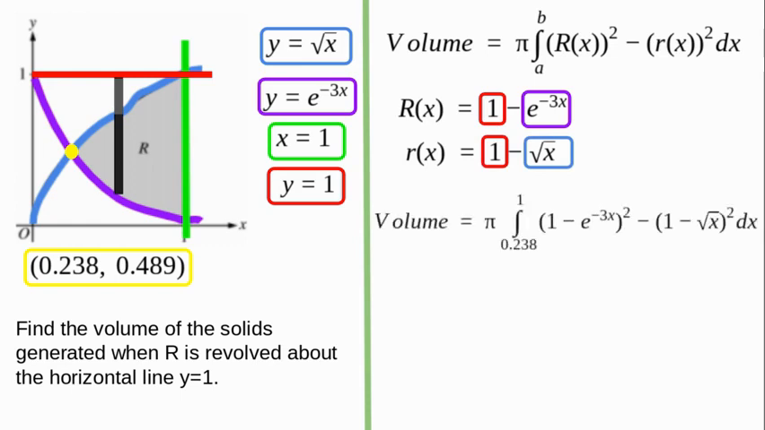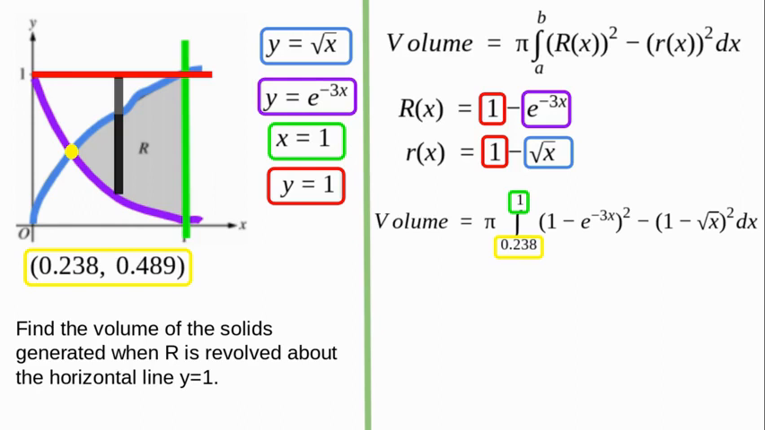Then if we plug all of this back into the formula, we get that the volume is pi times the integral from 0.238 to 1 of (1 minus e to the negative 3x) squared minus (1 minus the square root of x) squared. We get our limits for integration from the bounds for the region R. The left bound is the intersection between the square root of x and e to the negative 3x, which is 0.238. Because it's our left bound, it's our bottom limit of integration. Our top limit of integration comes from the rightmost bound of the region R, which is the line x equals